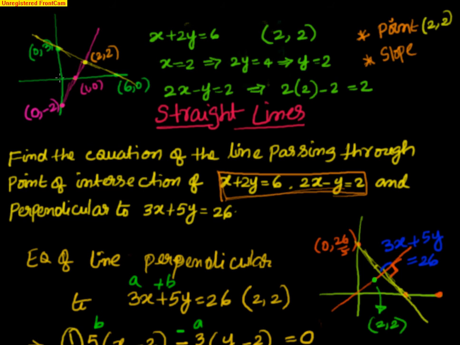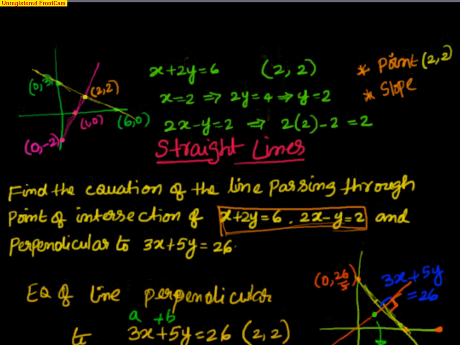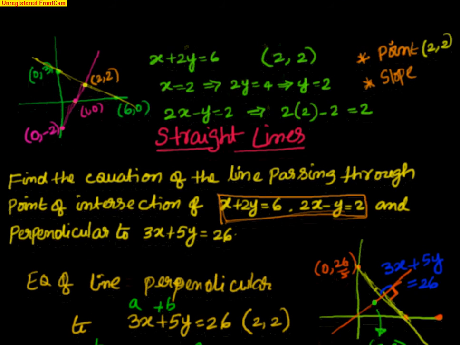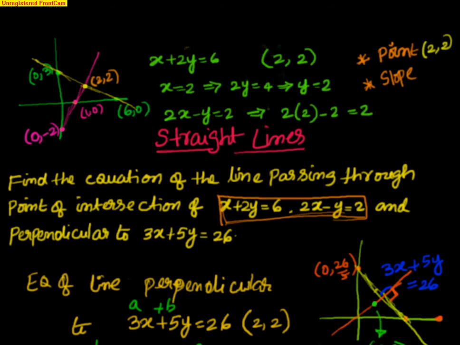Now I know that's lying around 2 or 3. So I substituted the value 2 in both these lines and I saw that they are satisfying. That means it's a common point of intersection. Any two lines will have only one point of intersection, right? We are aware of that. Those are axioms and postulates and that stuff. Okay. Now we got 2 comma 2. That means I have used my first tool and I found 2 comma 2.